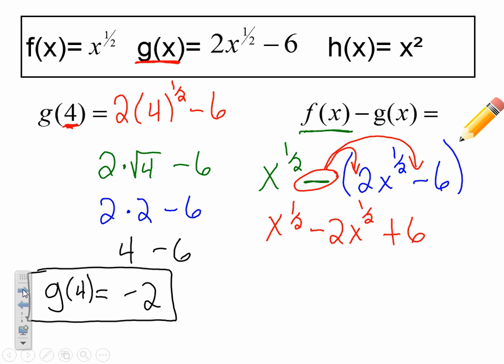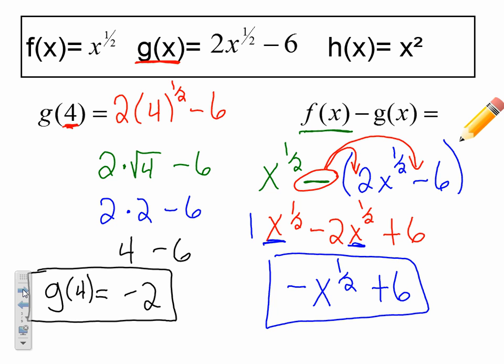Now here we have to remember back to our exponent rules. Since we have the same base and the same exponent, 1 minus 2 is going to give us a negative x to the 1/2